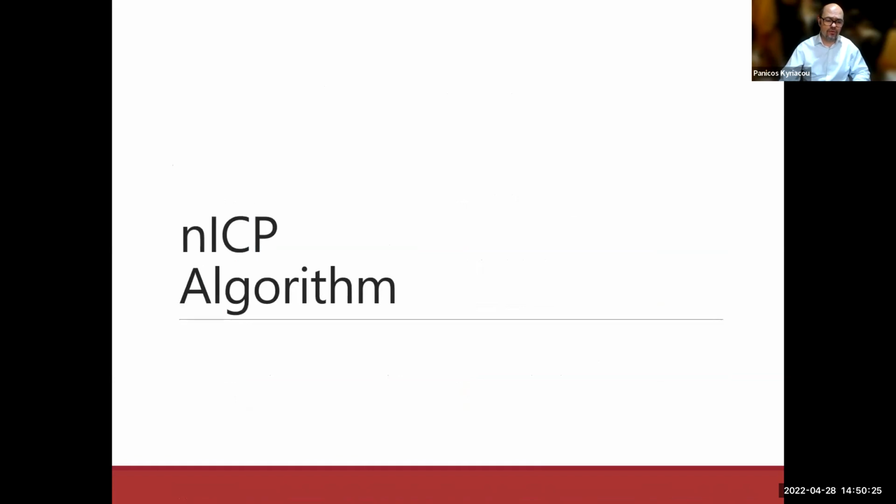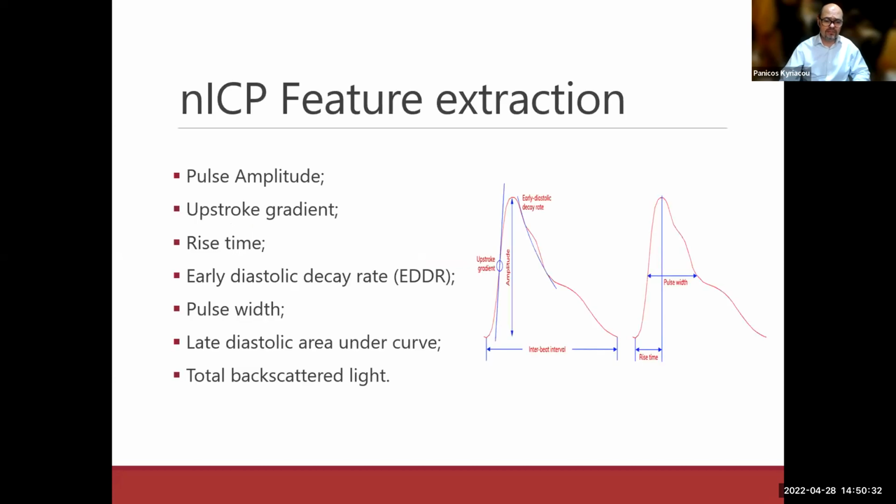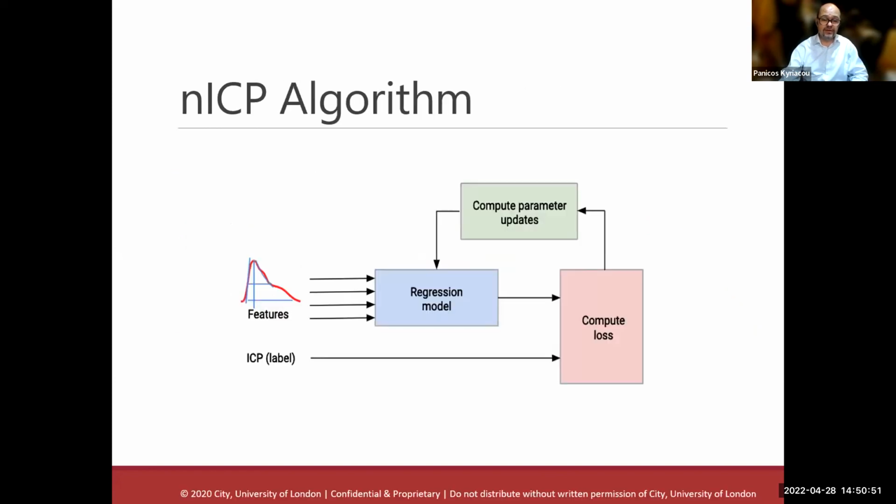Before, though, we went into clinical trial, we had to build an algorithm to enable us to understand or identify features within the PPG that might relate to changes in intracranial pressure. So we've looked at a number of features such as pulse amplitude, upstroke, rise time, early systolic, diastolic decay, pulse width, late diastolic area under the curve, and total backscatter light. And then we developed a model to interrogate and extract those features, and eventually use those to train the model